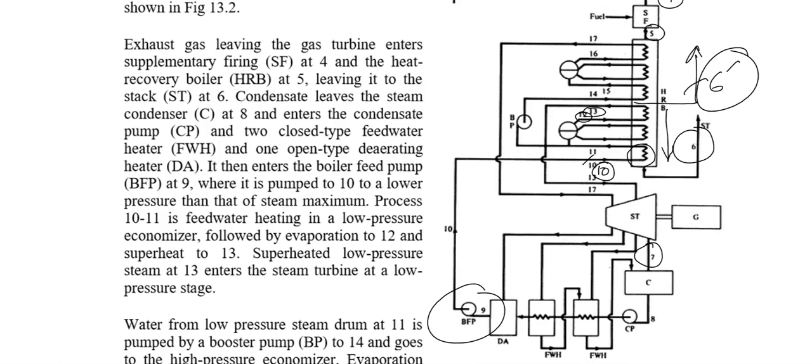Now from 13, it will be expanding into a low pressure stage of the turbine and back to the circuit. Now, as I said earlier, if only one circuit is there, the gas would be leaving at a temperature higher than the temperature we would expect in a dual pressure circuit. Now, in a dual pressure circuit, what happened is, rather than the gas leaving at 6, we have added